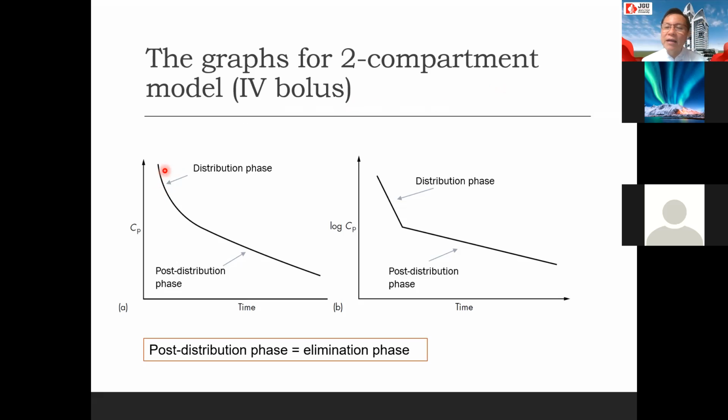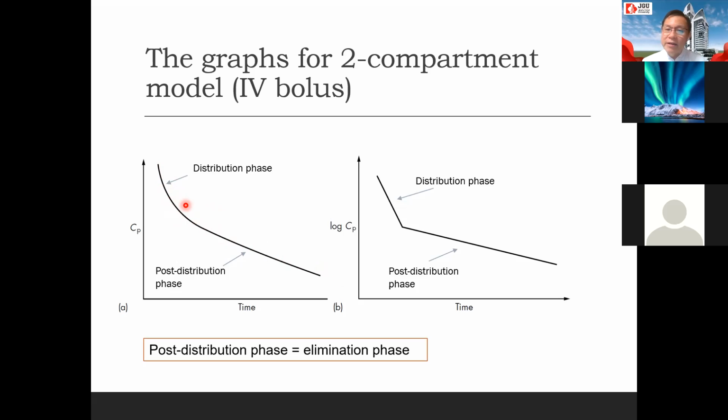So once we infuse, the drug goes to the blood vessel and then it will be distributed. For vancomycin the distribution is quite fast, it's around 1 to 2 hours. So for 1 to 2 hours it will be in the distribution phase. Then from there it will go to the elimination phase. Now in the distribution phase,